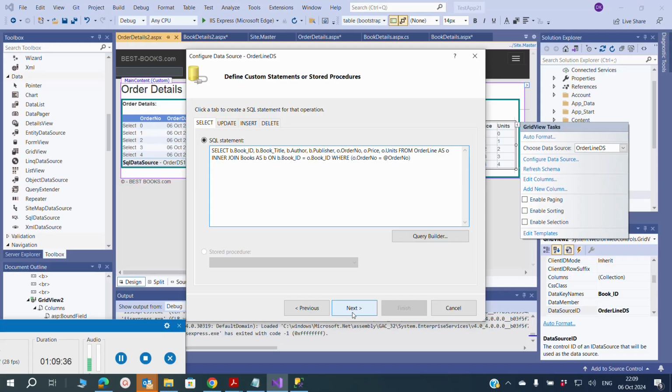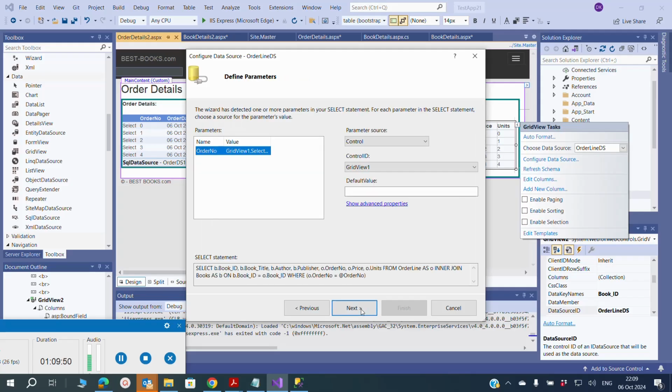Although the query was running earlier, I had a problem because I didn't include the book ID, which is a primary key here, when we are creating a join. So it gave me the error on missing field primary key. So that has to be included into it. Of course, we have picked up this parameter order number from grid view 1,